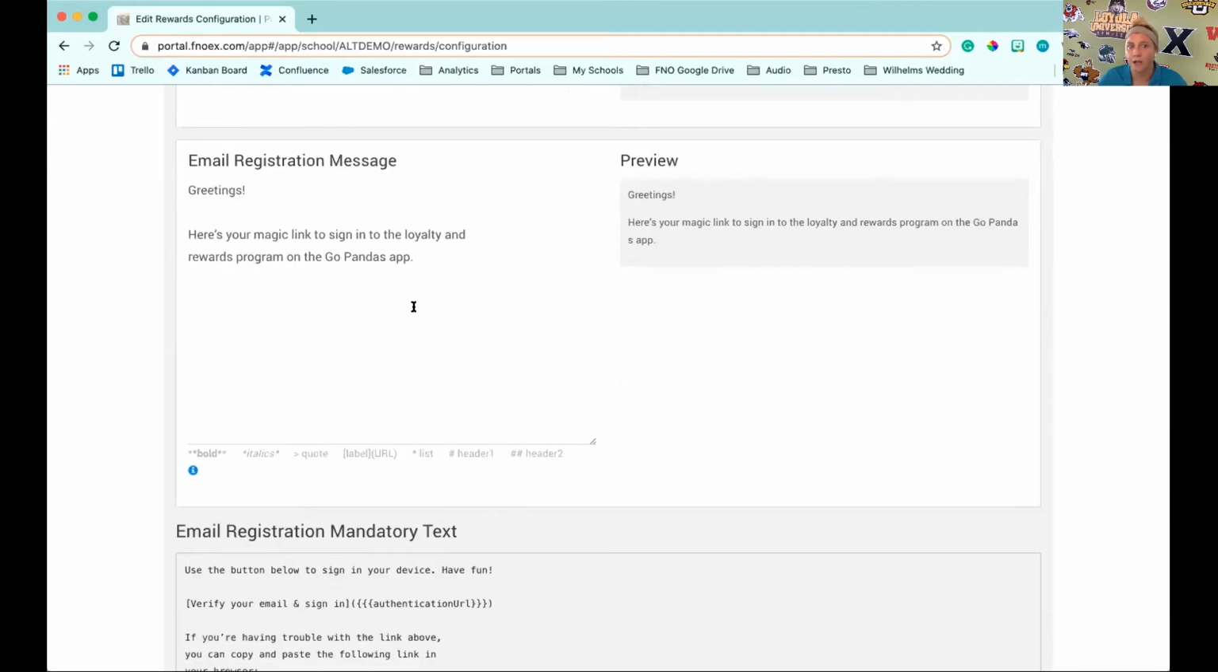Our final box here on our rewards redemption page is going to be the email registration message. So as a user, when I'm going through signing up for the rewards program, the first thing I'm going to do is I'm going to put in my email address. If I've got that student affirmation button, I'm going to go ahead and tap that, and then I'll receive an email. So at this point, I'll go into my email inbox, and this is where you can customize that email registration message. So then at that point, I would affirm my registration,